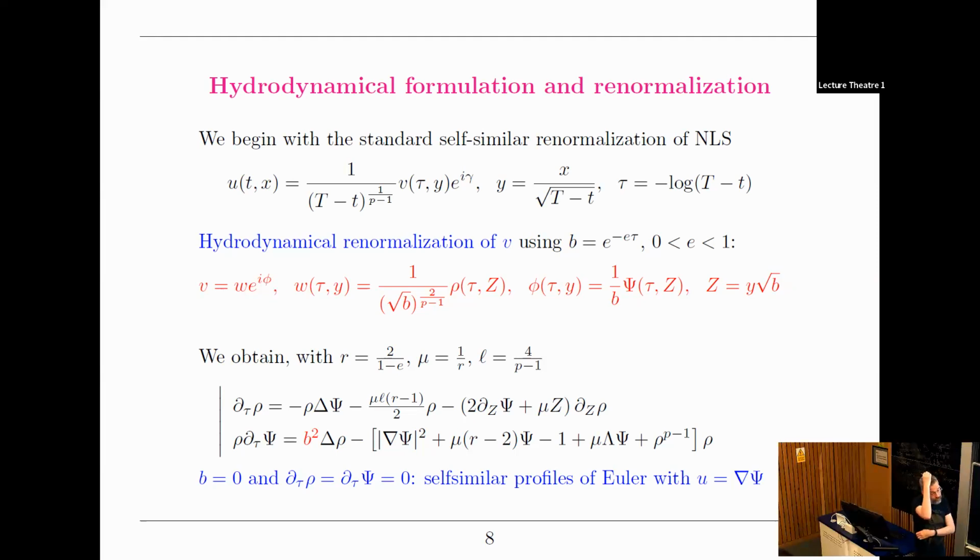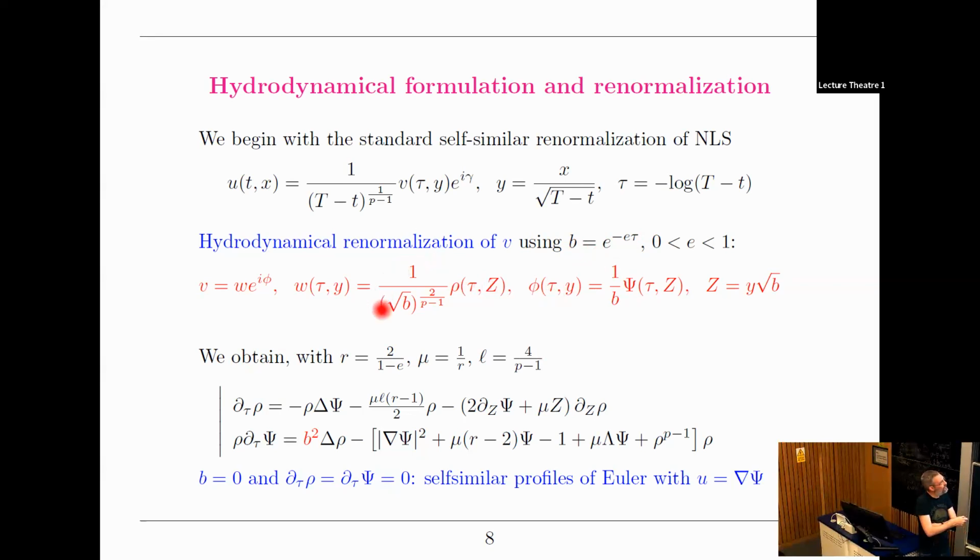And then I want to do a second rescaling. And this second rescaling now is a bit funny. It doesn't respect the scaling of the equation. In fact, that's exactly the point. I want to see Euler. And if you write things in hydrodynamical formulation, as Igor explained, you see Euler for some parts, and then there are extra terms. And in fact, if I want to see Euler, I need to kill the extra terms. So I want to do a rescaling that will just keep the Euler scaling and will kill the extra terms. To do this, you introduce a parameter B, which will just decay exponentially in the self-similar time tau. So it particularly goes to 0 as tau goes to infinity, which is your blow-up time.